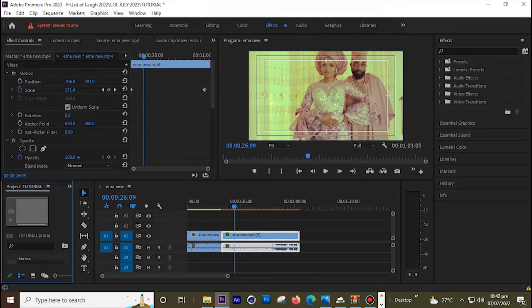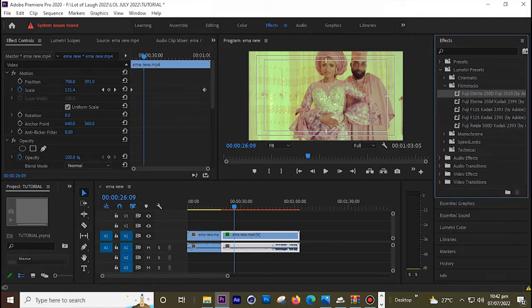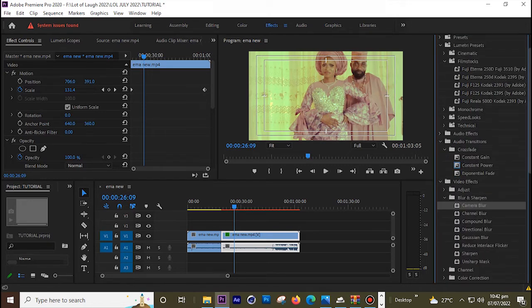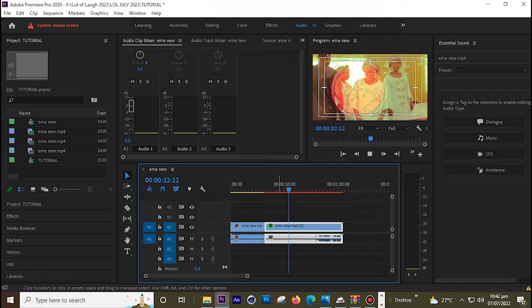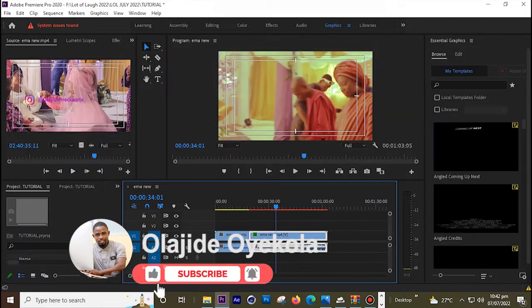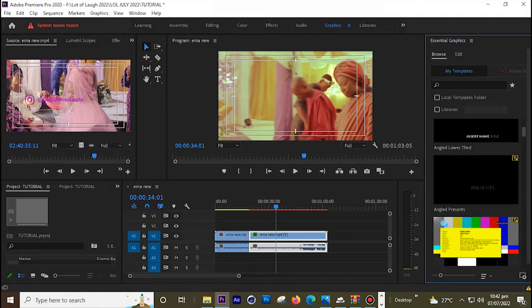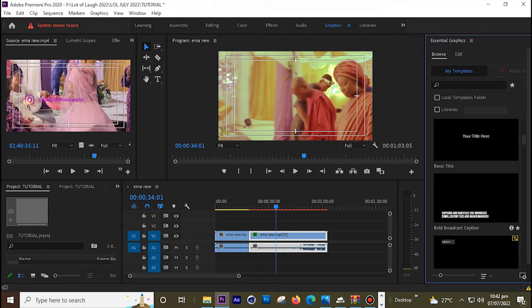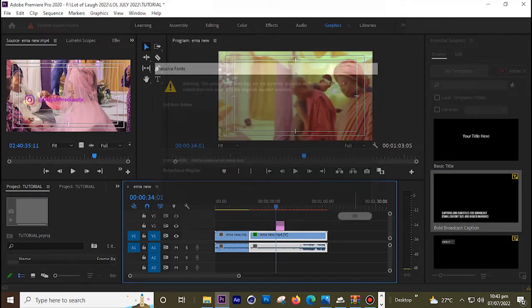Now this is a larger effects interface in Adobe Premiere Pro, where you select different effects to suit your materials for both audio and video. This is your audio interface where you alter your audio to suit your purpose. Then this is the graphics interface. In the graphics interface, you have many templates that come with Adobe Premiere Pro. When you pick any of them and drag it onto your materials in your timeline,